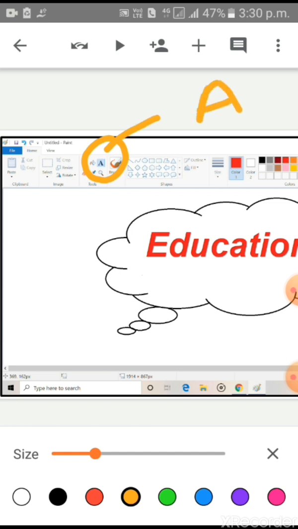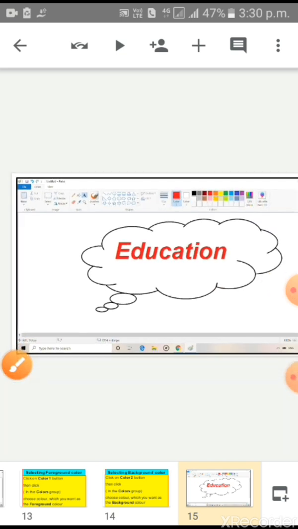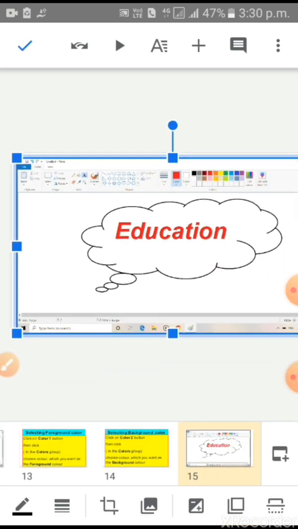Then, after clicking on A, you have to click on the area where you want to write the text here. Okay, clear? And easily you can type any text inside this shape.